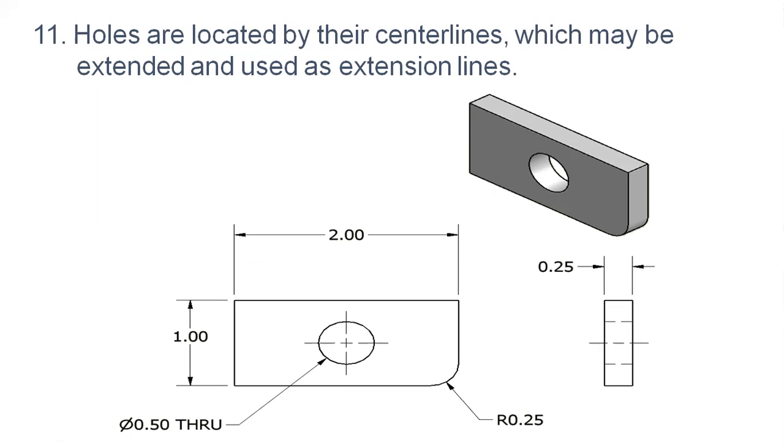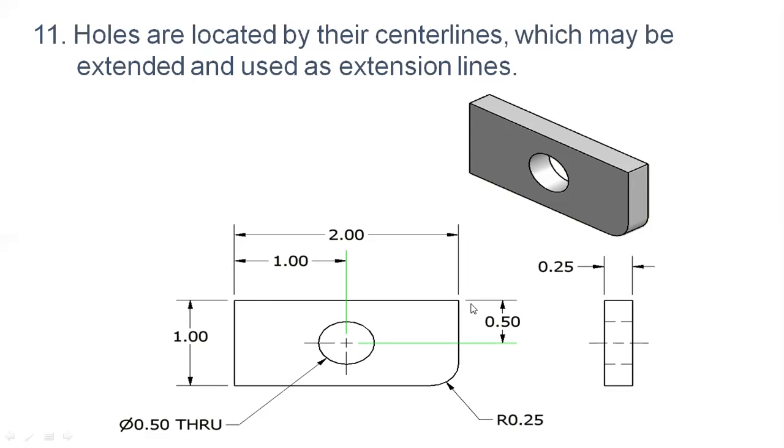So where is the exact location of the holes? Those holes we have to show by using the extension lines. If two holes are there, then we should mention the location of those holes. You can see this is the hole which is located from the left side 1 mm and